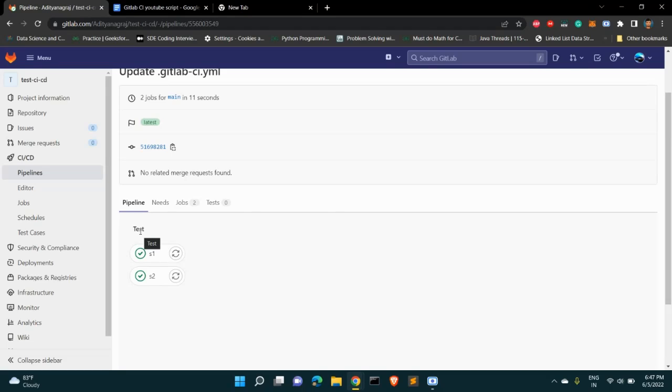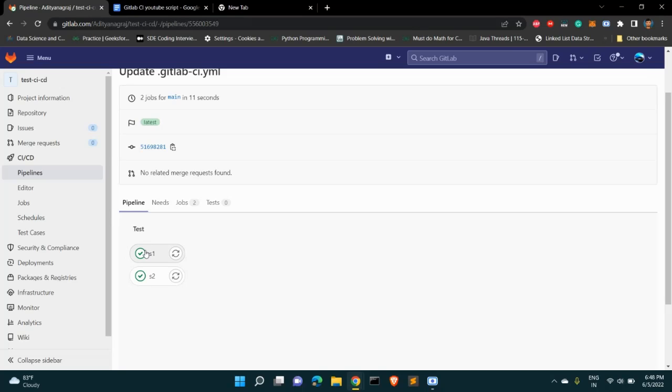But by default, if you don't give any stages, the first stage it will run is test. Test can be a unit test or any programming language specific test which you need to construct for your pipeline. GitLab will treat it as a test stage, the second stage will be build, the third stage will be deploy. So if you don't give anything, it will be treated as a single stage and everything will run inside this